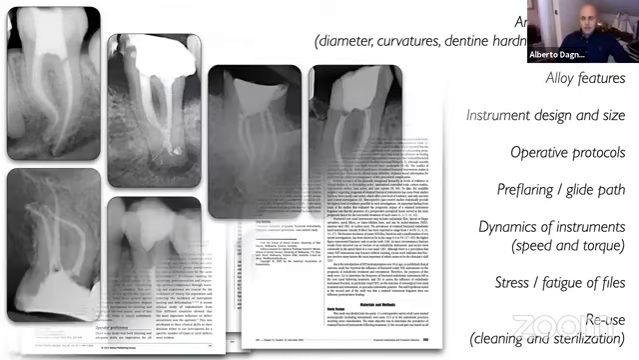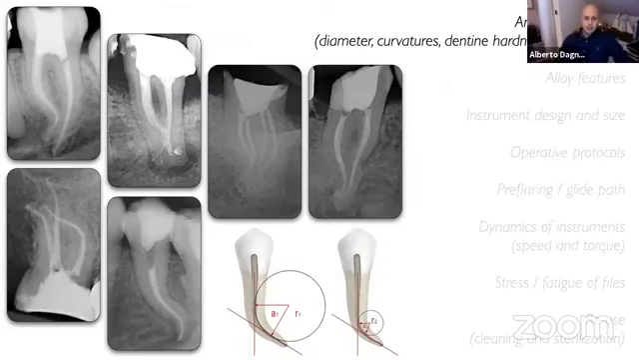For sure, endodontic anatomy is one of the main topics related to the fracture of root canal, because we have to consider each kind of variation we can find inside the root canal when we do the shaping and we do a root canal treatment. We have to consider the diameter of the root canal. We have to consider the curvature of each root canal, and for the curvature we have to evaluate the radius and the